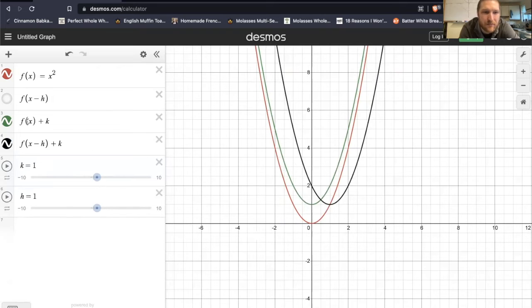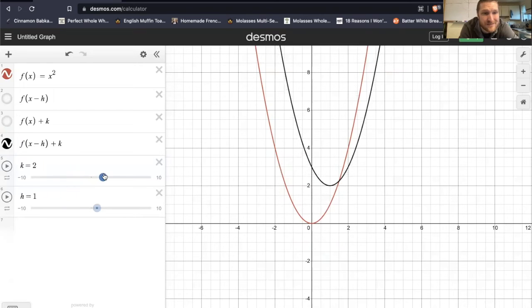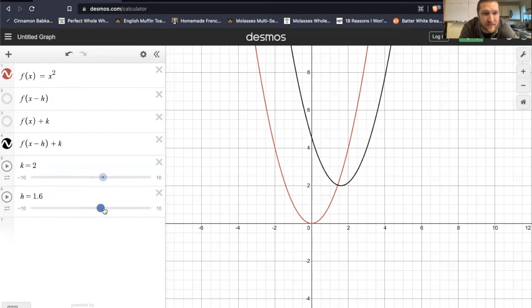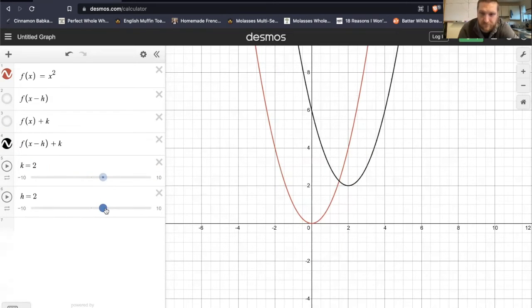Okay, I'm going to get rid of the green one right now because that's ugly. In fact, let's start at 2, 2. That's easier to see with the way this is graded. Okay, so the black function is f of x minus h